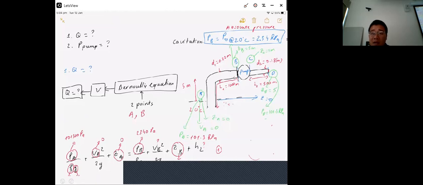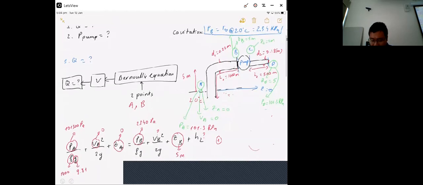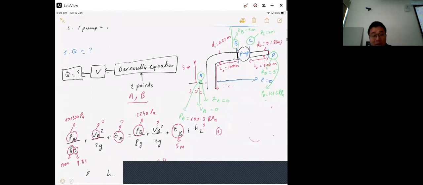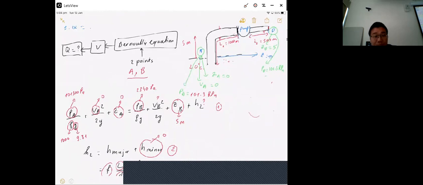But A and B is our choice yesterday, because at A we know everything, and at B we know pressure and Z. C we know just 1, and D 2. So A and B is our choice. We have the energy equation: PA over rho g plus ZA plus VA squared over 2g, that's A, equals PB over rho g plus ZB plus VB squared over 2g, that's B, plus